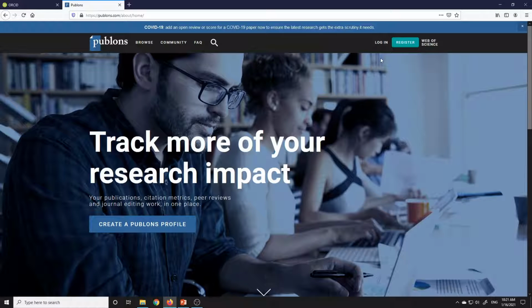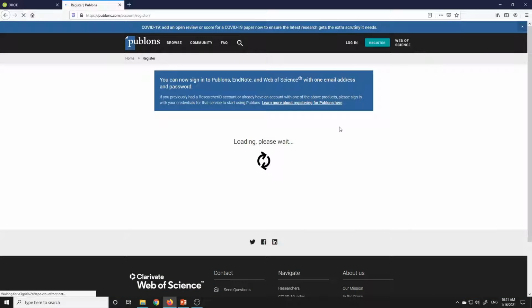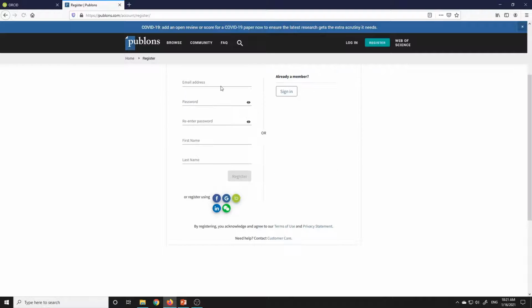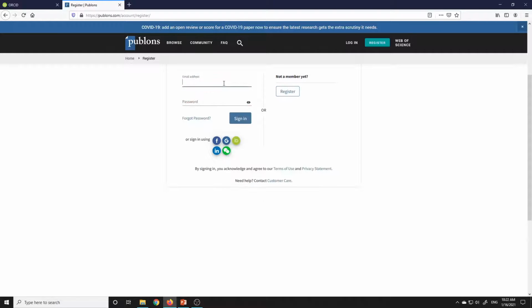Now let's log into this. First, register. If you don't have an account, it is very simple. You provide your email address, your password, confirm your password, first name, last name, and register. Since I have already registered, let's log into my account.